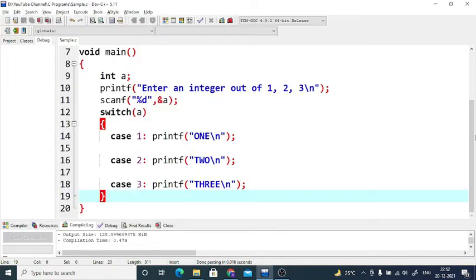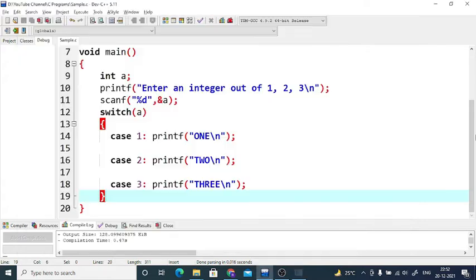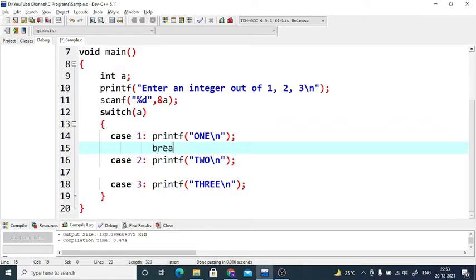We can imagine what will happen if at all I put 1. It's going to execute all possible cases, that is 1, 2, 3. And that's the problem that we face because of the absence of break. Here fall through is causing a problem, so we can obviously solve it and get rid of the fall through by putting the break statement.